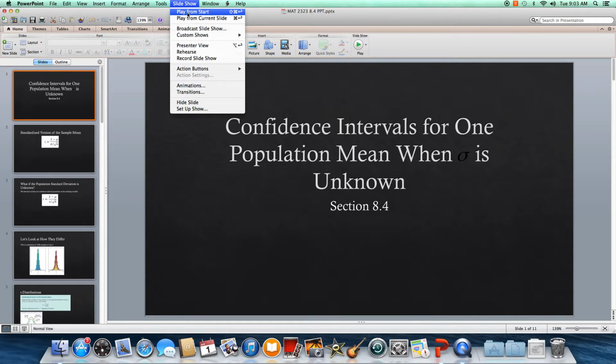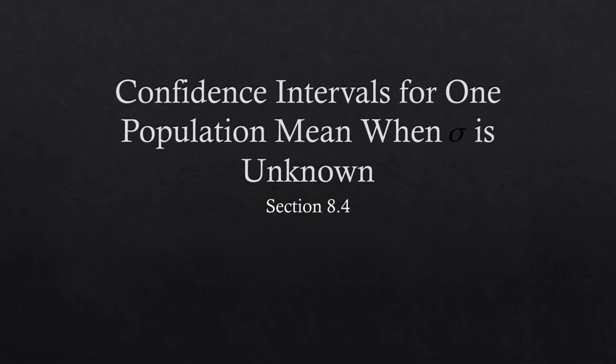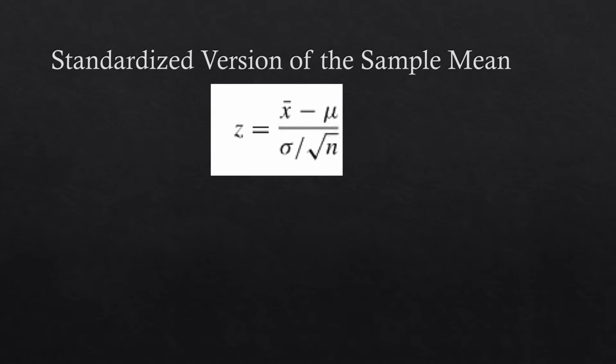Alright, this is the last section from Chapter 8, and this is confidence intervals for one population mean when the standard deviation is unknown. When the standard deviation is unknown. Alright, so